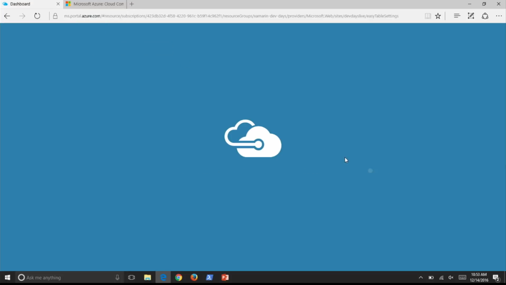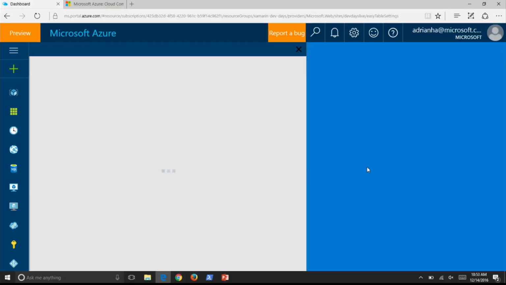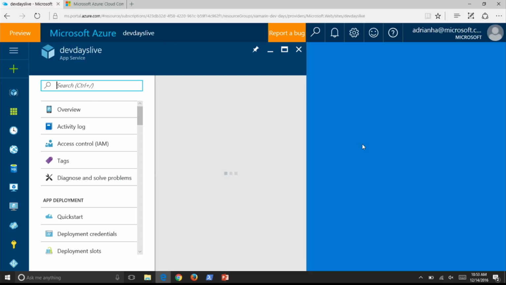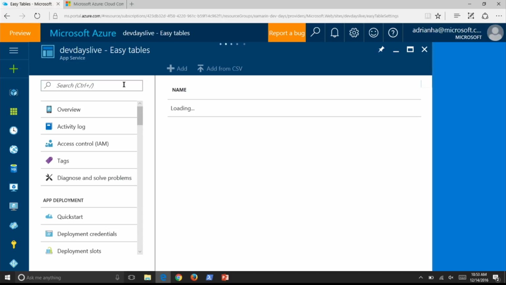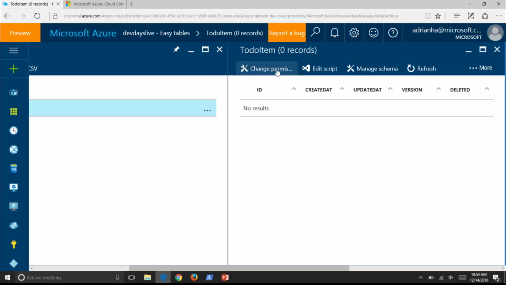Fun. What we want to do here, as that's coming back up, is to actually set up the authentication so that that to-do item is only available via the authenticated connection. So I can click on Change Permissions,